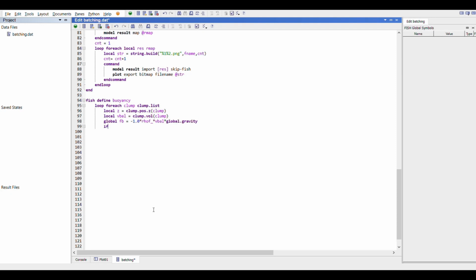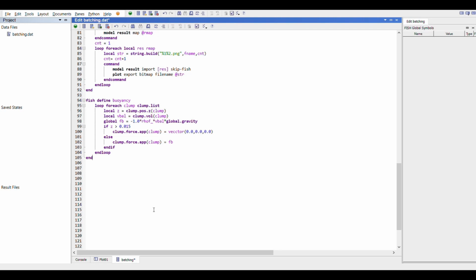Like the buoyant force is given by rho times volume times gravity, which is gamma times volume. That is the weight of the volume the particle is displacing. That much is the buoyant force applied on each and every particle. You can see I have defined the water surface as 0.015 inside the rotor. So if the particle falls above that line, that means the particle is above the water level, so no force will be applied to the particle, and if the particle is below the water level, a value Fb will be applied. Fb has been defined above.